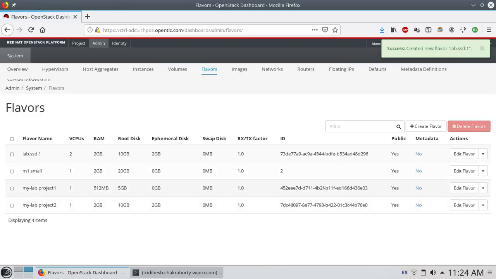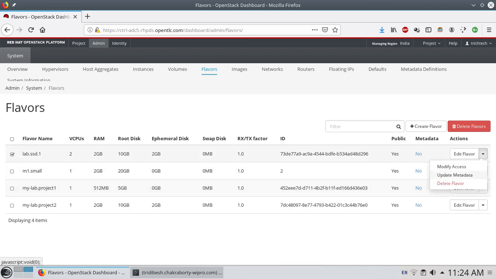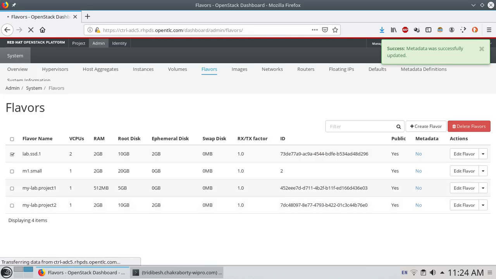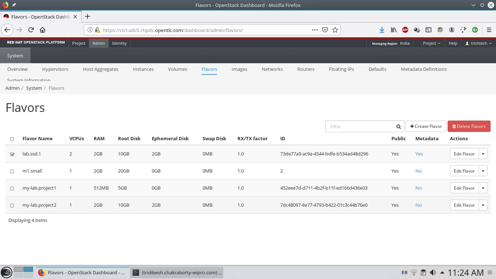You will see that the flavor is being created. As soon as that flavor is created, select it and go for update metadata. Here we will set up the same property, where we set SSD and put true. Now, as we are setting up this property or metadata, whenever someone selects this particular flavor and launches an instance, it will automatically go to that particular host aggregate.